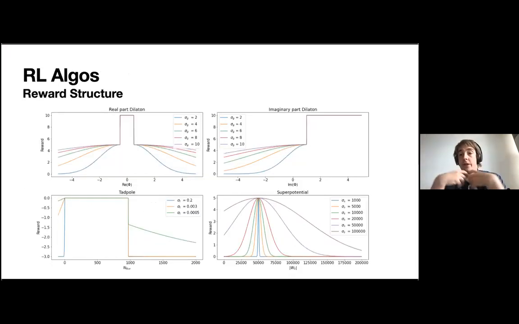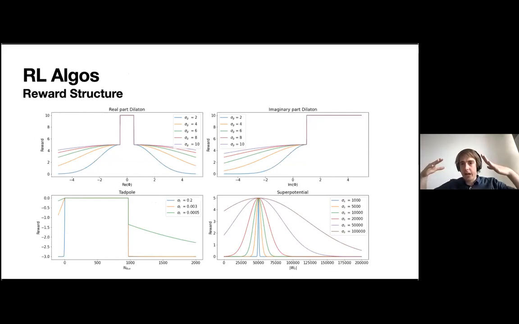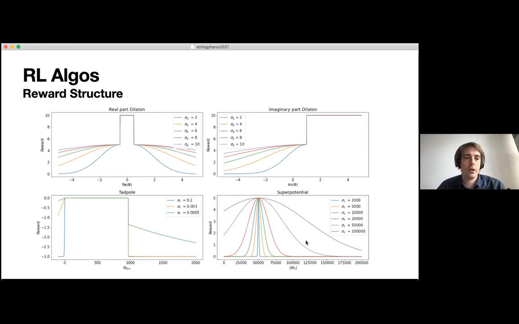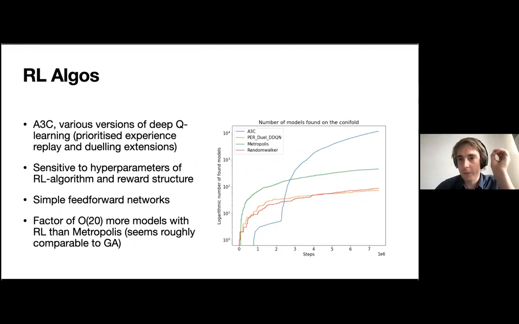Okay, same story. You have to define your rewards. Here we have played around with a lot of them. It's good to also give some incentive if you're near to something, say near to the fundamental domain, near to the good superpotential value, to go there. We've trained various algorithms, various reinforcement learning approaches, to explore what is best.